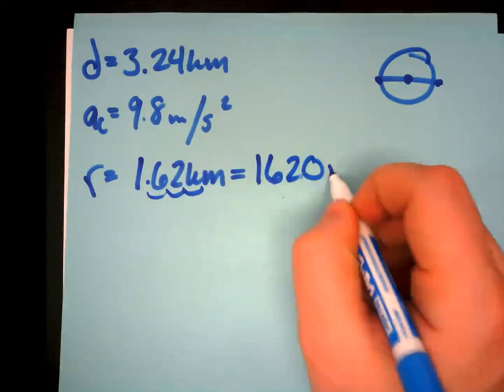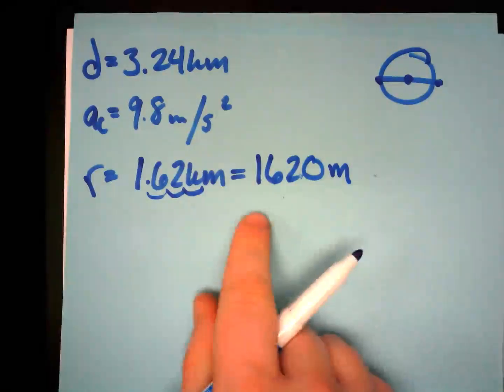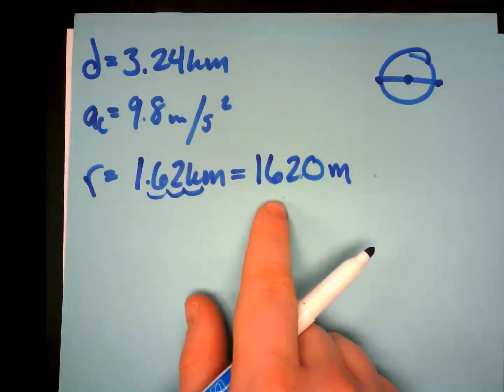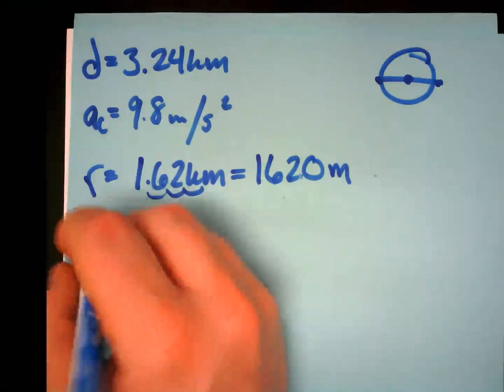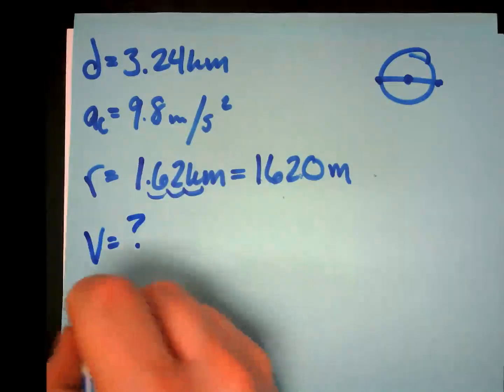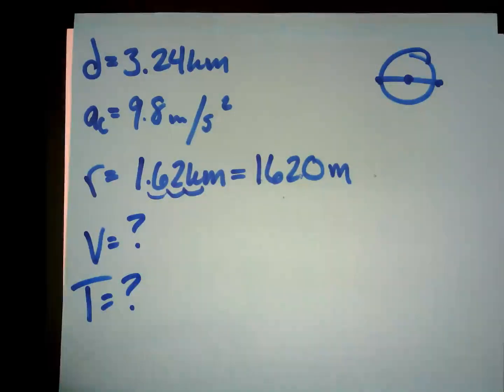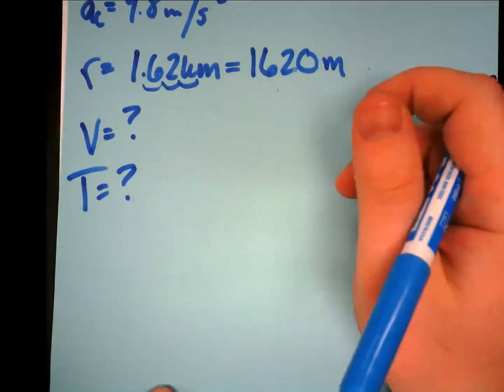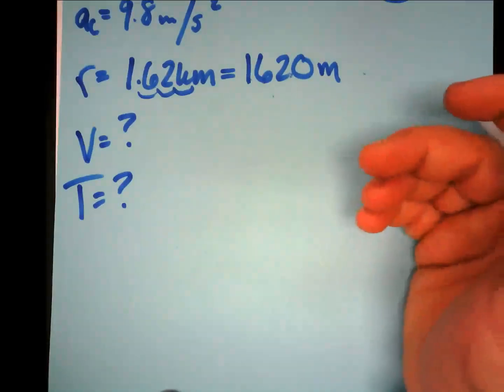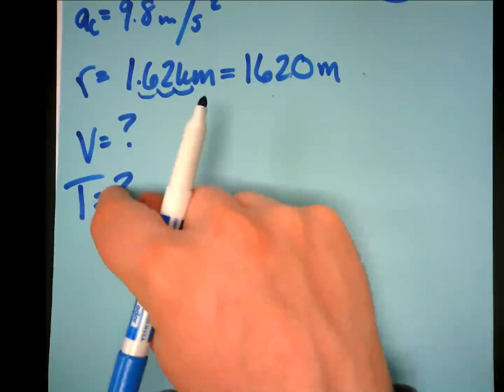So it looks like my radius is actually 1,620 meters. Okay, all right, so what am I looking for? Well, I'm looking for V. I don't know V and I don't know T, and I'm trying to find both of them. But I do know some equations in order to get V, and I know an equation to get